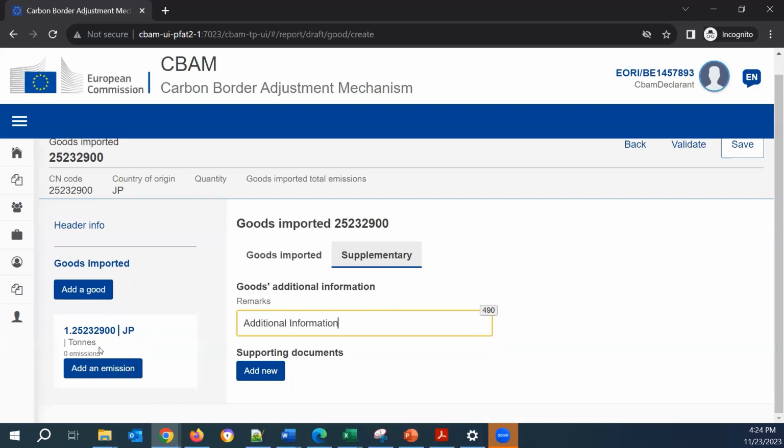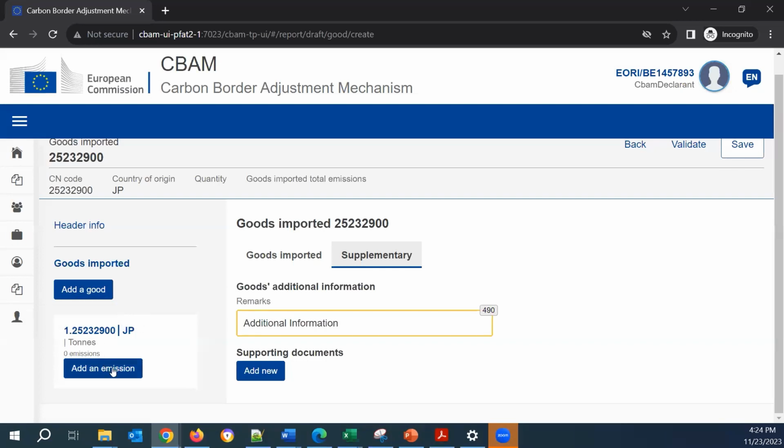Now you can see here that our good has some distinct information. It has the CN code and the country of production. If you hover with your mouse here, you can also get some information. So for example, here is the CN code, and this is the country of origin. When the tons will be added, we will also see the tons of CO2 emissions here.